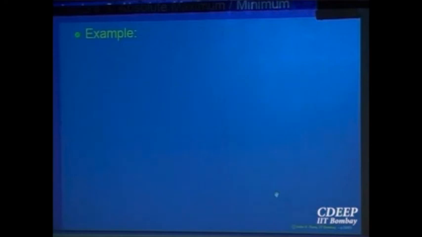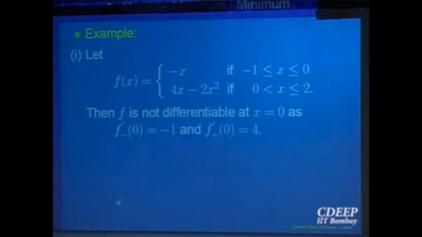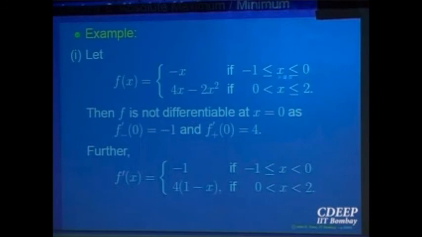Okay. Let us look at one or two examples. You already know f(x) is equal to minus x under this condition, and this under the other condition. It is not differentiable at the point 0, because the left hand derivative is not equal to the right hand derivative. Check. On the left, I can find the derivative. On the right, I can find the derivative. I can analyze whether the derivative is positive, negative, and so on. For points of local maxima, you want the derivative equal to 0. For absolute maxima, we put only the derivative equal to 0. So it only gives you x is equal to 1.